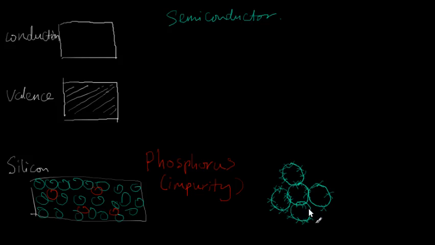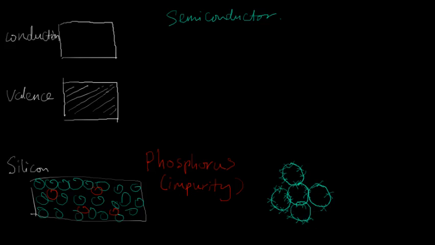Now, if you remember from the earlier video, for the second shell of an atom, 8 electrons will make it stable. It is because of some of these ideas and reasons that they like to do this sharing of electrons, because that will allow it to form bonds which join the silicon atoms together,